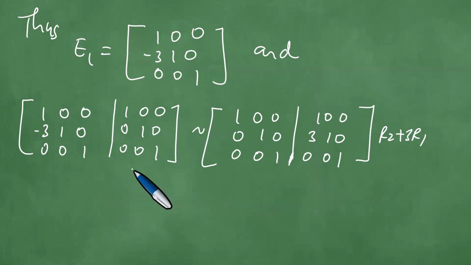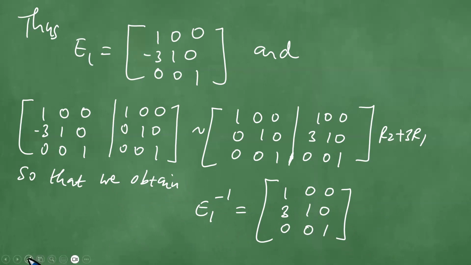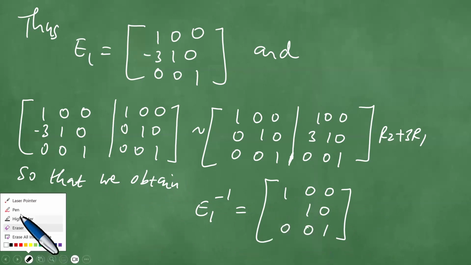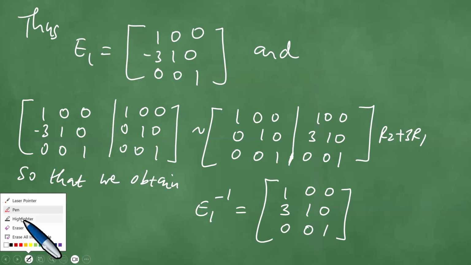Right, so we therefore would have obtained, and we are able to then say, this is the case, so that we obtain, right? What do we obtain? We obtain a new matrix called E1 inverse, which is 1, 0, 0, 3, 1, 0, 0, 0, 1. Right, put a 3 here, like so. And obviously, the inverse of an elementary matrix is also an elementary matrix as well. Right, so therefore,